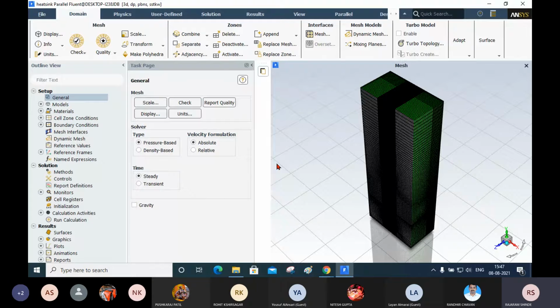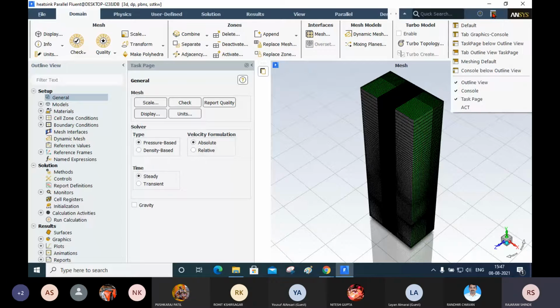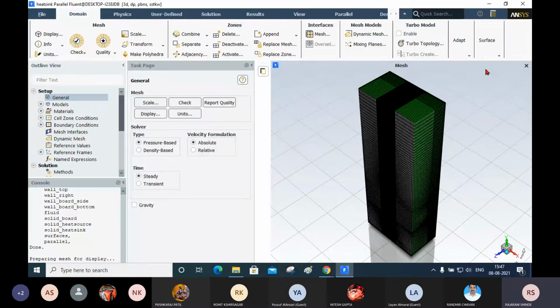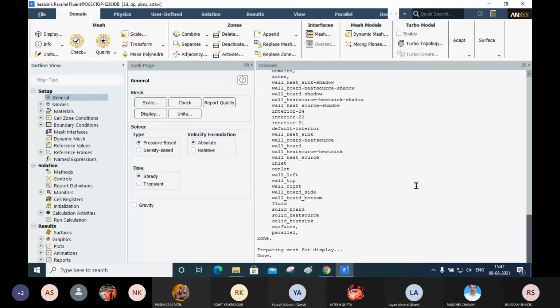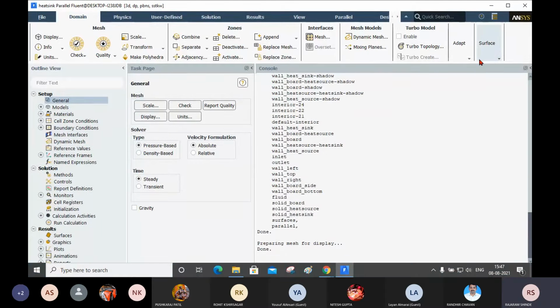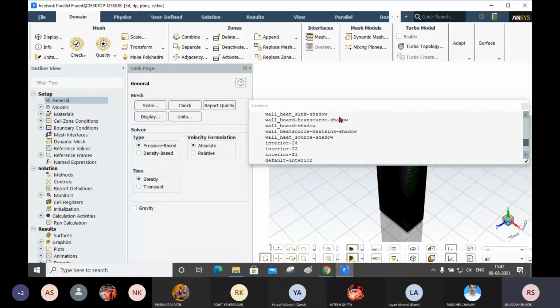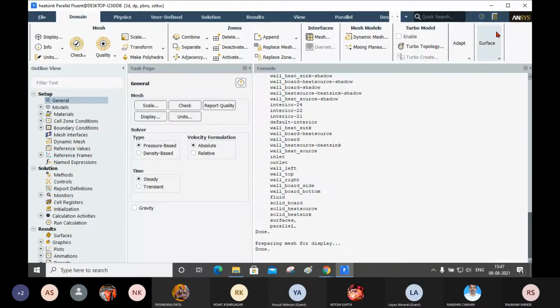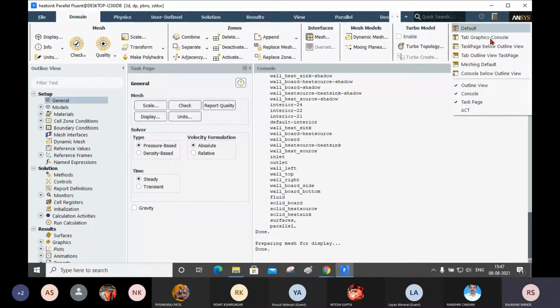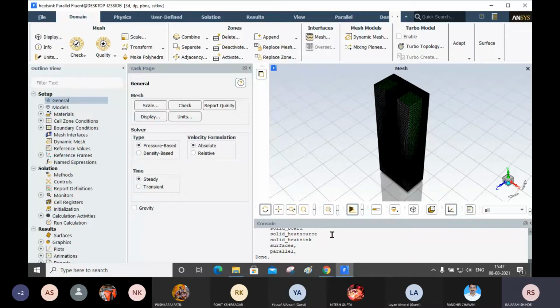Now first I will open the console. Just I will make the arrangement. First I will check the mesh. So I will click on Domain.